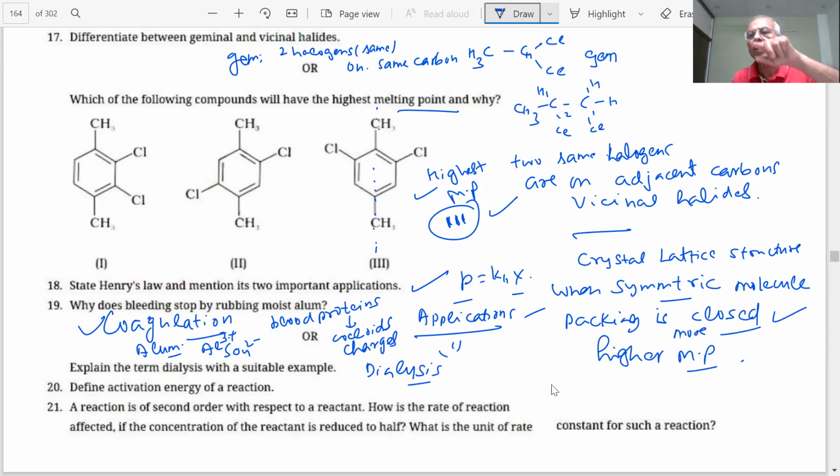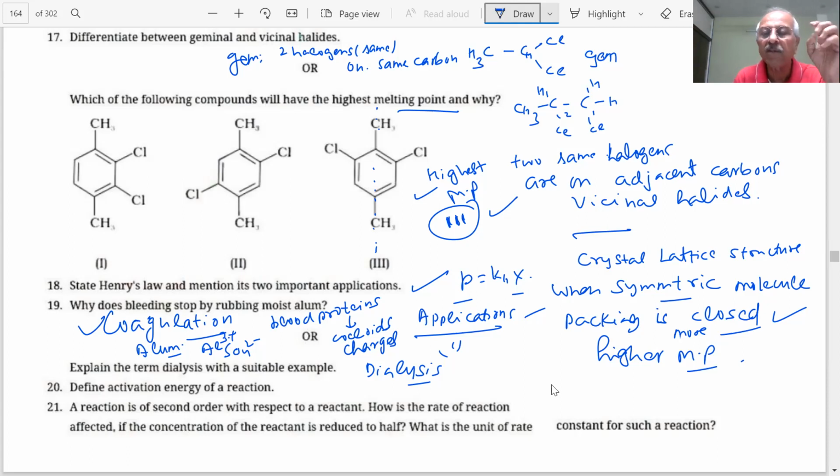So you have seen a parchment bag, student, which is used for the colloidal solution. And what happens in this? The colloidal particles are there and the impurities are smaller in size. They pass through the semi-permeable membrane. That is what we call dialysis.